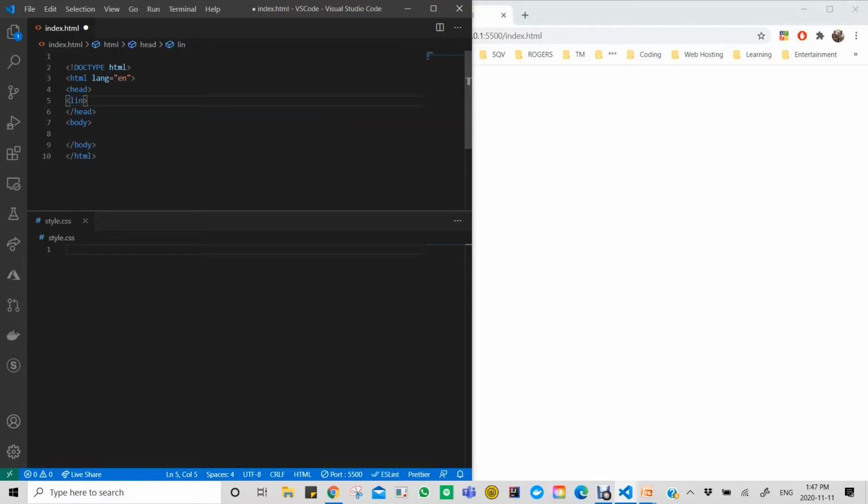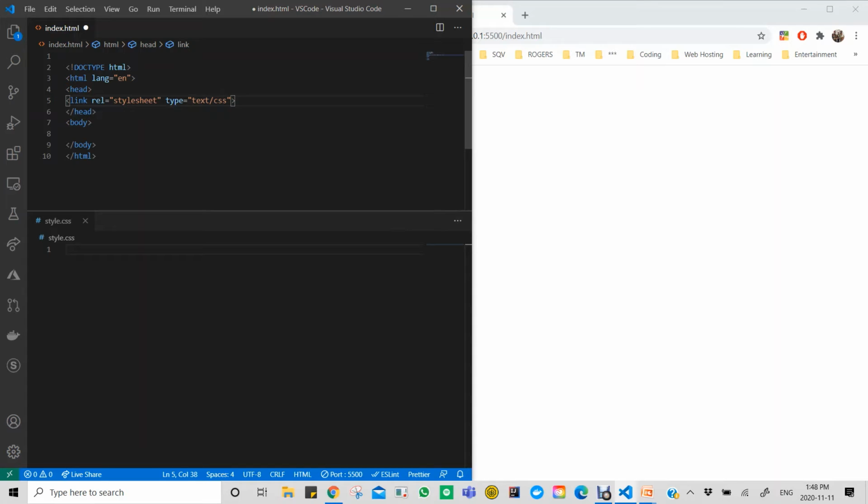So you would open tag link and space rel, that's the attribute for the declaration of the style sheet, and you need to put it in between the double quotes. So stylesheet, space, next attribute would be the type attribute, and the type would be text/css, and